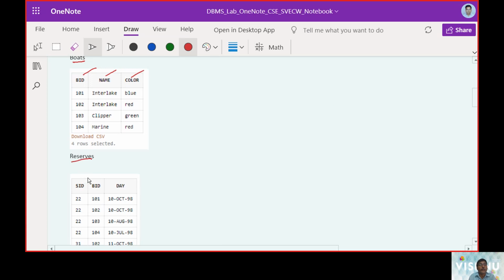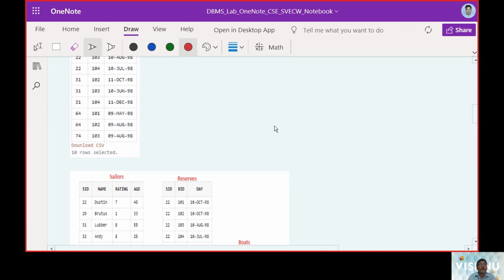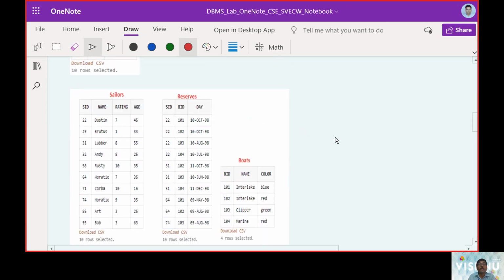Then we need to create reserves with SID, BID, and day. SID is the primary key and BID is the primary key in the sailors and boats tables.